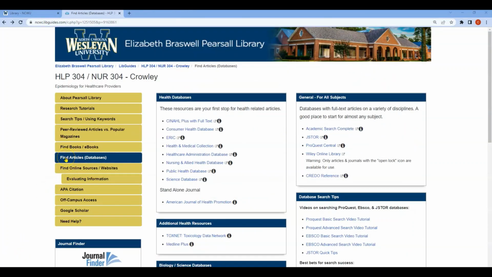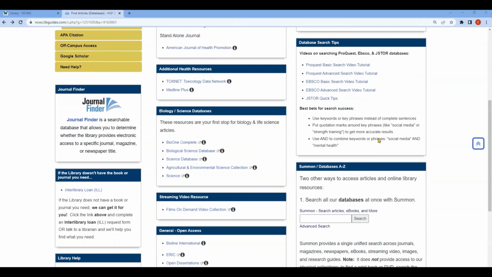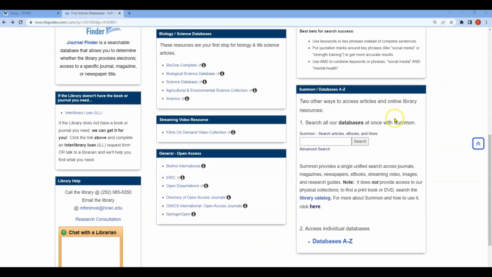So here we are at the Find Articles tab, and this is where you'll be able to take what you've learned in the search tips about using keyword searching and apply it to searching in the databases. And what we have here are access points for individual databases, like health databases here. This is some of our general purpose databases, as well as if you scroll down, you can get to Summon, which is the search bar that you saw on the home page where you can search all of our databases at once,